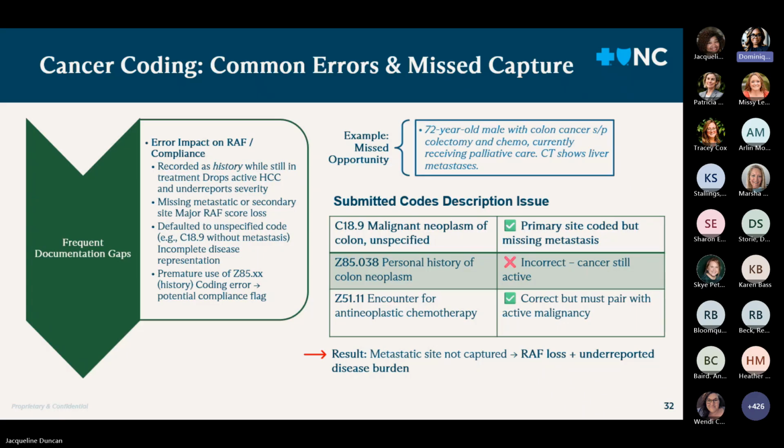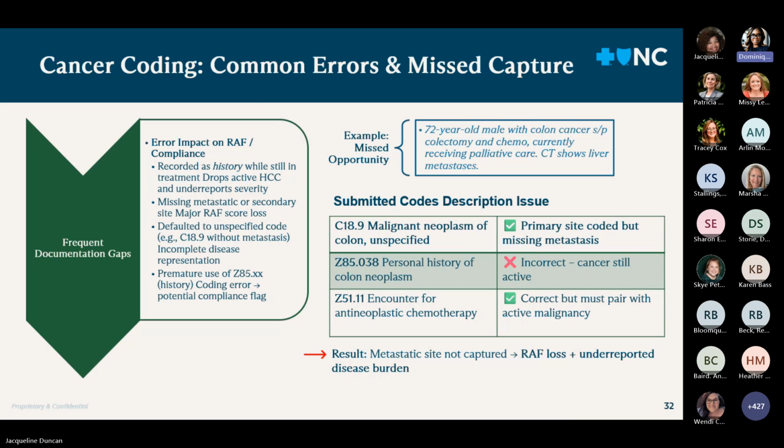When a provider documents that cancer has spread, whether to liver, lungs, bone, or another organ, that metastatic site must be coded in addition to the primary malignancy. Missing metastatic involvement is one of the highest value missed opportunities in risk adjustment because the metastases significantly elevate clinical severity and RAF weighting. For example, a patient undergoing chemotherapy for colon cancer with documented liver metastases should be coded